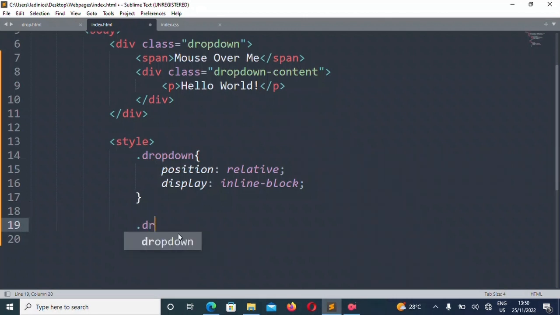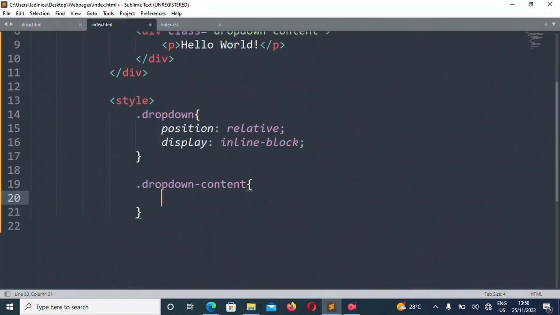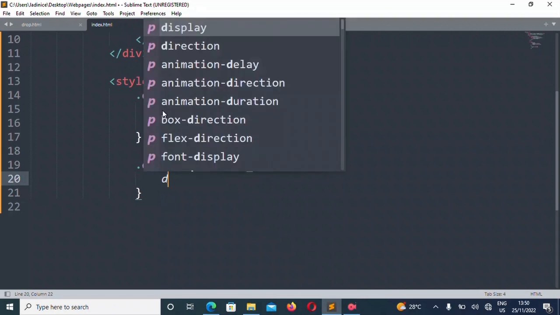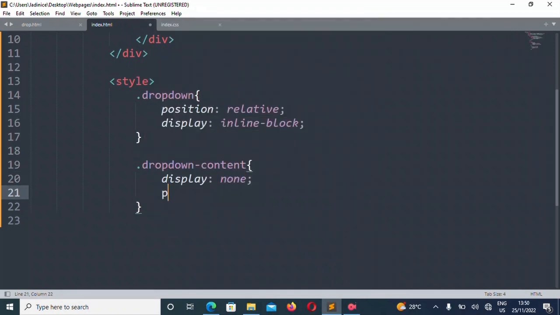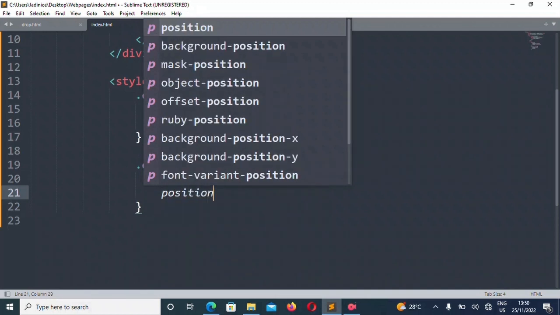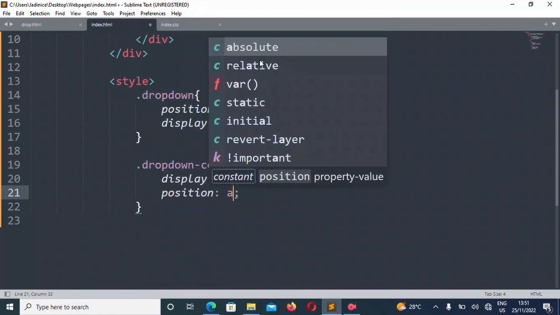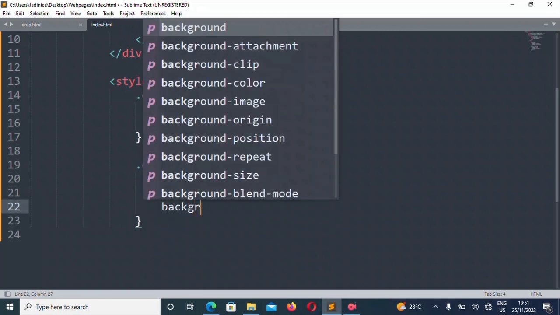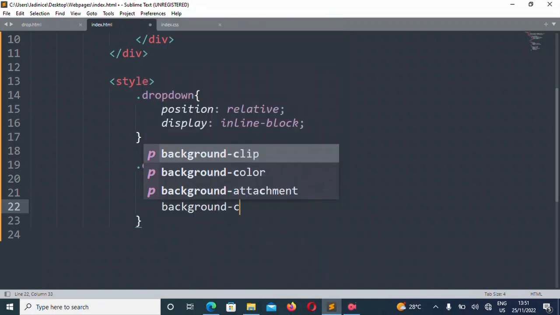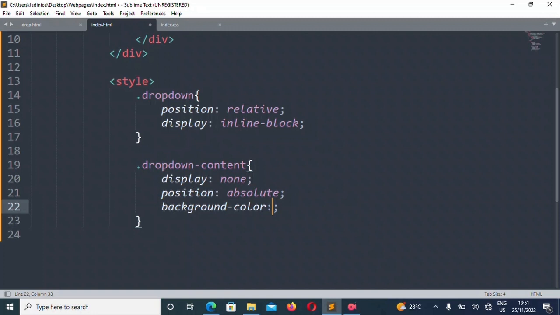Then drop-down content. Display none, the position absolute, and the background color will be